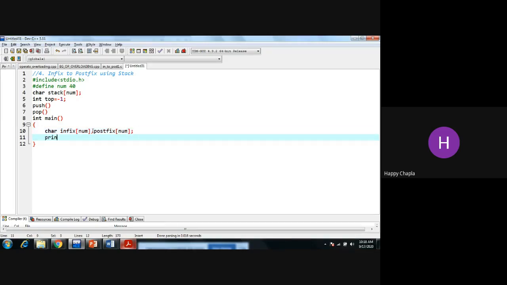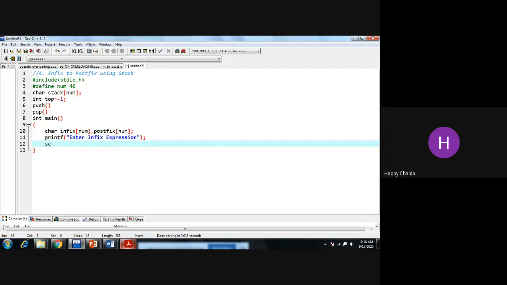Now we are writing printf, enter infix expression.